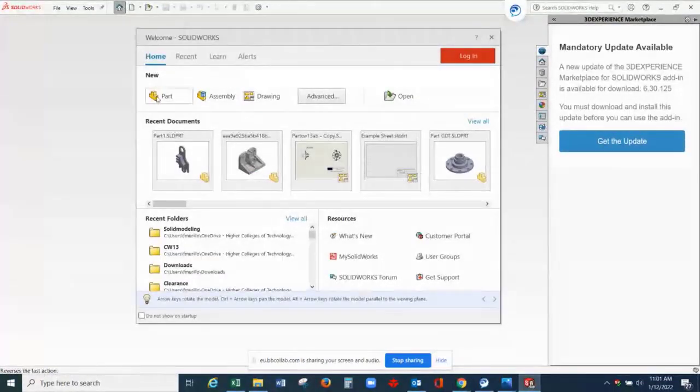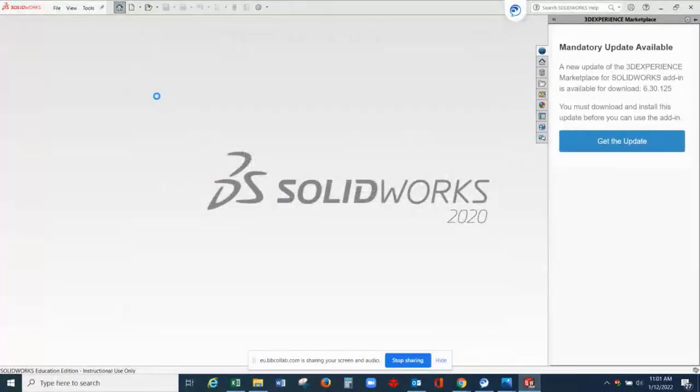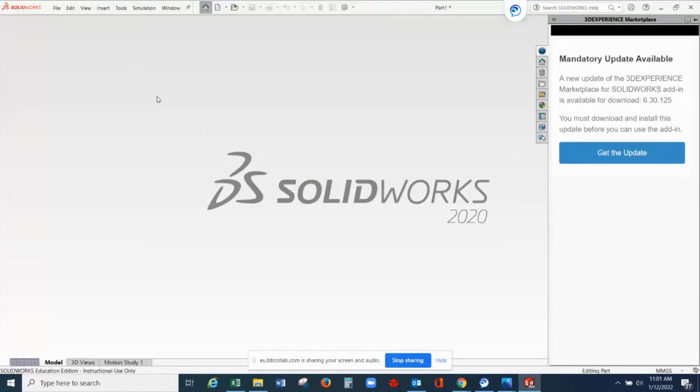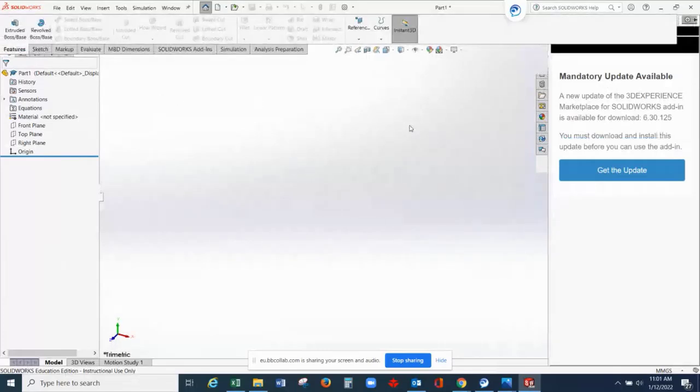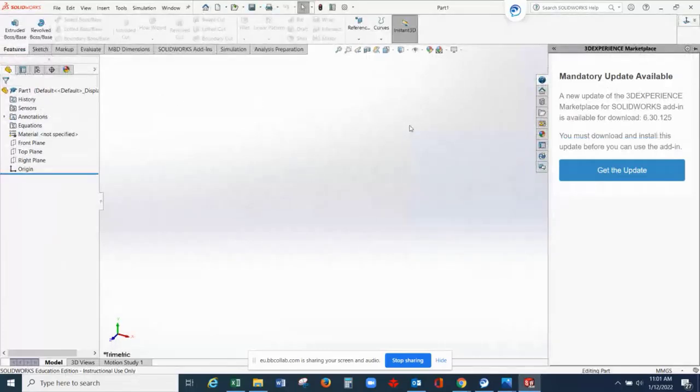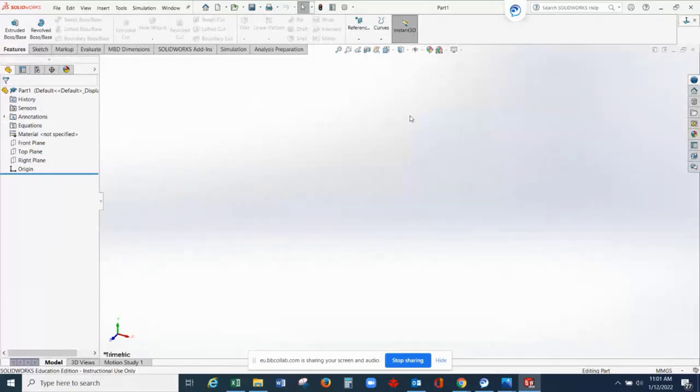From here, select a new part. Set your units or double check your units.